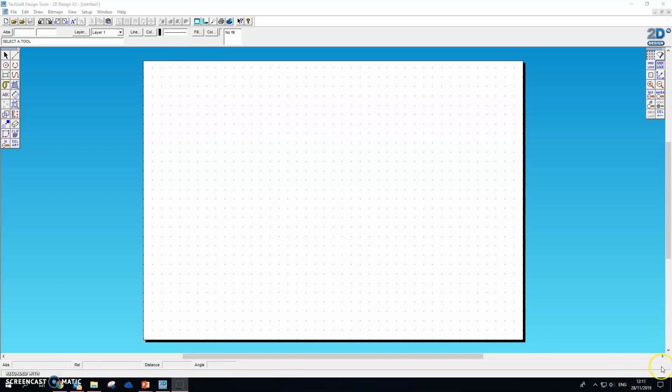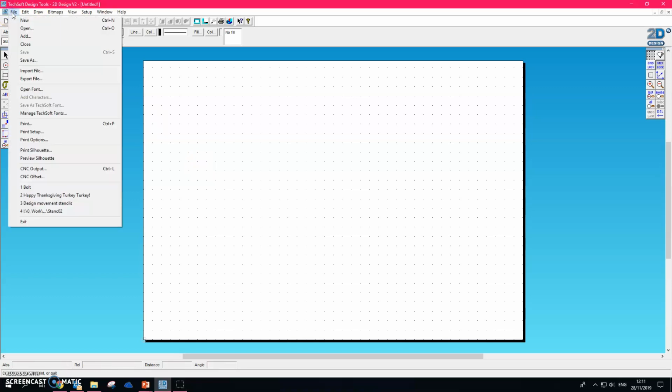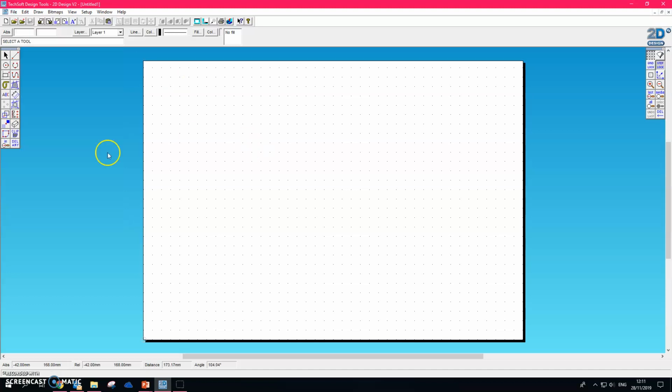When you open 2D Design for the first time, a box will appear in the center of the screen and it says name the whole school. If it does not say the whole school as your license type, it means that you will be unable to save. So I am going to save you a long time, pun intended there, by telling you now, when you open 2D Design, if you cannot see save as or save,